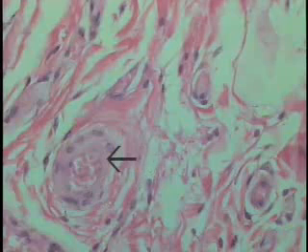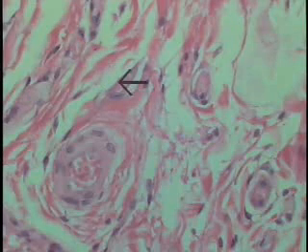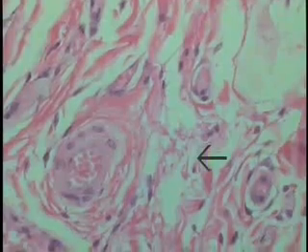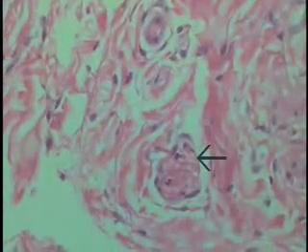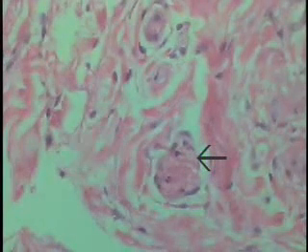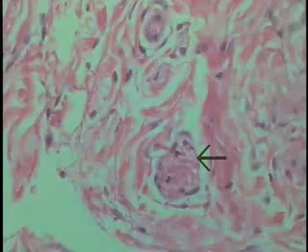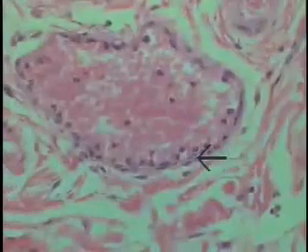To briefly review and then move the field at relatively high magnification. The smallest portion of a small artery, an arteriole, located here, identified because of the smooth muscle, and then capillaries in the background, though these are fairly large capillaries, or have a fairly significant diameter. The appearance of a venule, identified by its diameter and thin wall, a small vein